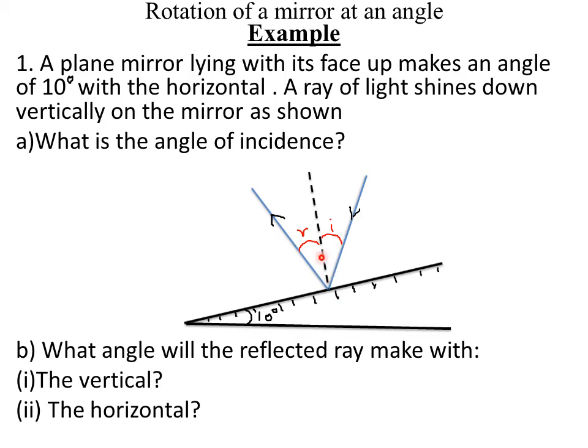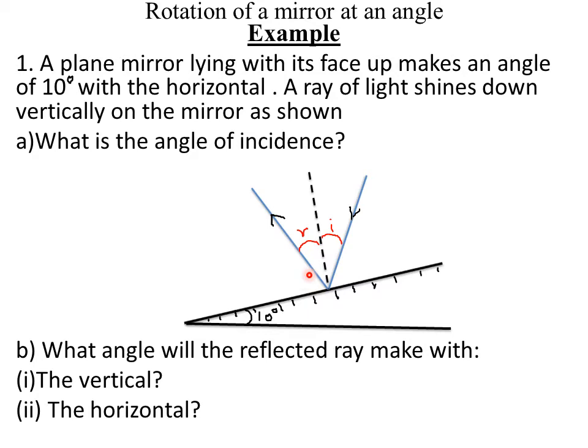So if I extend this line downwards, and also extend the normal downwards, then the angle they want me to find is the angle between the reflected ray and the horizontal, this angle downwards. Now to find that angle, because from the normal up to the horizontal surface, that angle is 90 degrees,